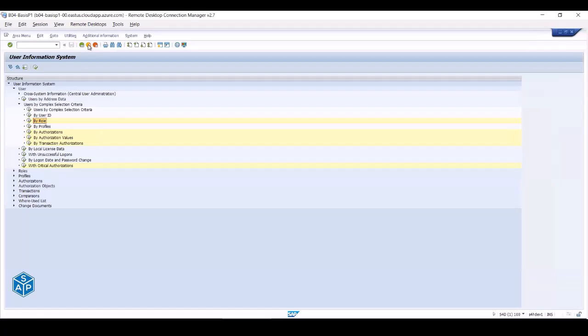Yes, am I clear on this? Any queries, any doubts? No. Okay, it is clear for me, but I have a question. Yes, please. I want to know if it is the responsibility of the basis consultant to create a user